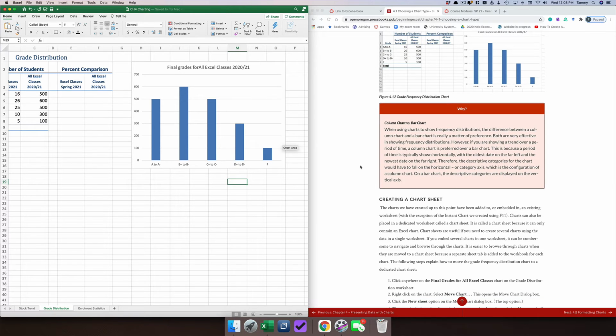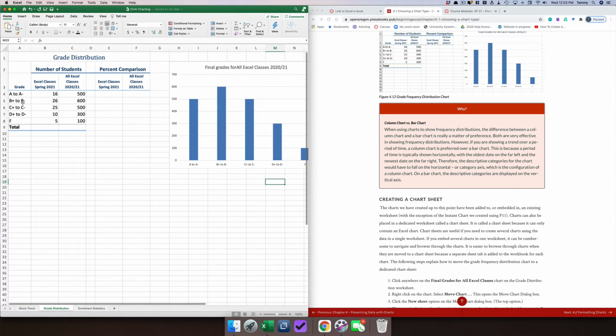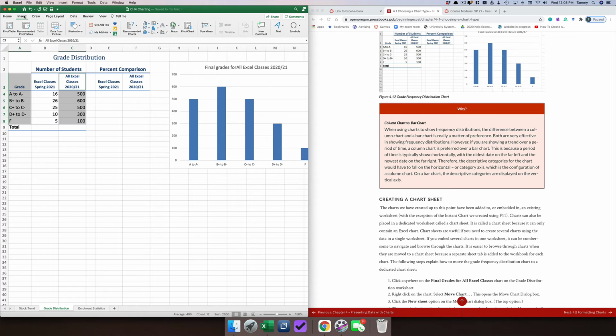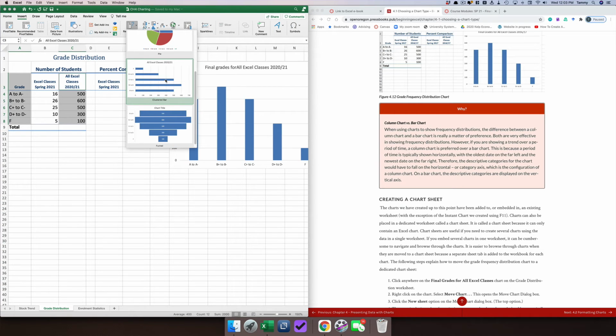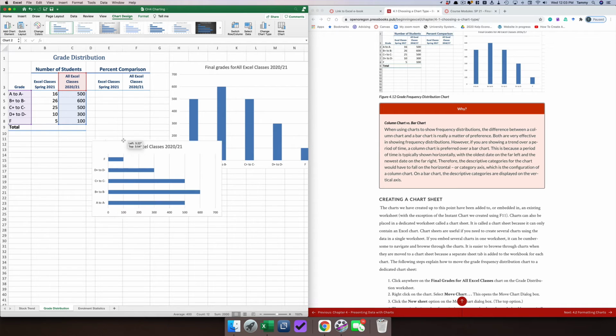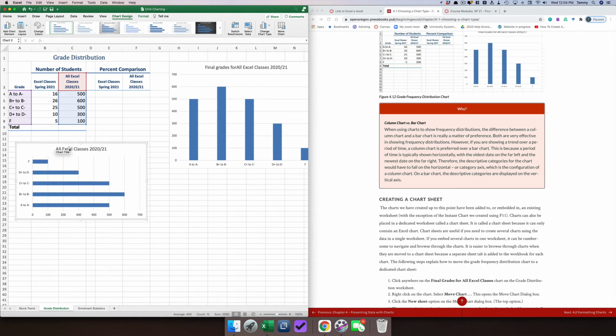Now they do go on to say, okay, why would we use a column chart versus a bar chart? The difference is really just a matter of preference. Let's go take a look at a bar chart and see if we see any difference. So we're going to start again, make a new chart by grabbing that data, go up into the Insert tab. Here's a bar chart. Okay, so the bar charts are what they're calling these sort of horizontally focused charts. So it shows you the same data. It depends on what the purpose is of your communication. For this particular purpose, there's really not much difference,